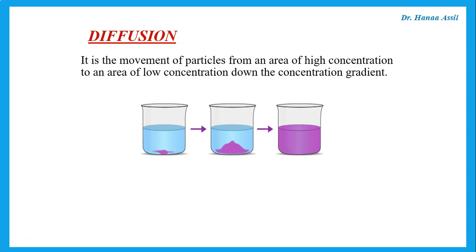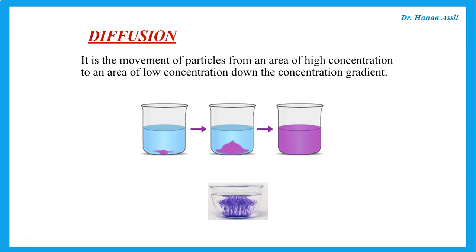Then they will move from an area of high concentration, which is at the bottom of the beaker where we have a lot of the crystals, to an area of low concentration, which is at the top of the liquid, and this is by the process of diffusion,